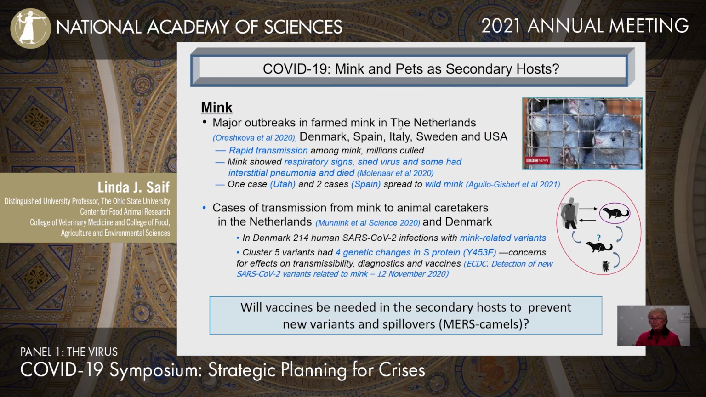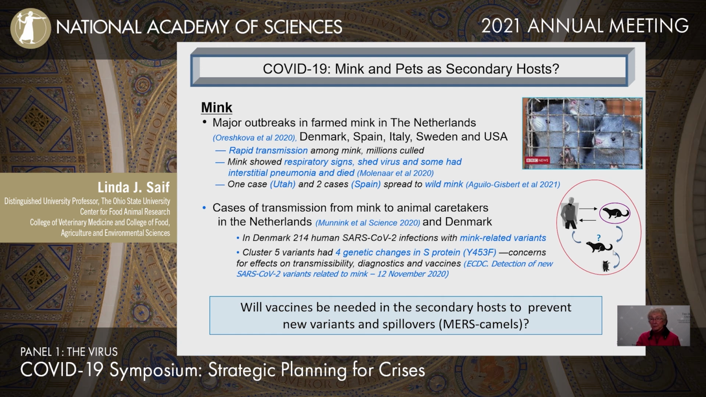So another question is the possibility of mink and pets as secondary hosts. For mink, there have been major outbreaks in farm mink in Europe as well as the USA. There's rapid transmission among mink and millions have been culled. But importantly, these mink also showed similar signs to COVID-19 in humans, including interstitial pneumonia in some and death in some. More worrisome is the fact that there have been cases of spillover into wild mink, one case in Utah that was close by a mink farm, but two cases, possible cases in Spain that were distant from any mink